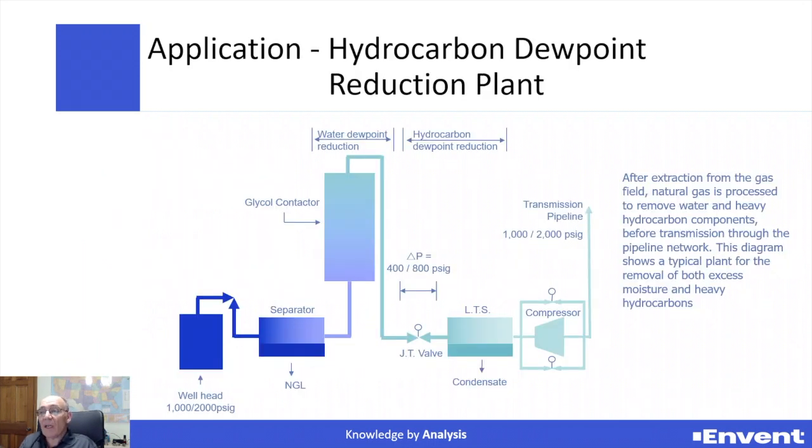So this would be a typical hydrocarbon dew point reduction plant, where they're separating out the NGLs. There's two sides to the plant. There's the water reduction and there's the hydrocarbon reduction. This is an image that is well known, I'm sure, to all the people that are sitting in on this